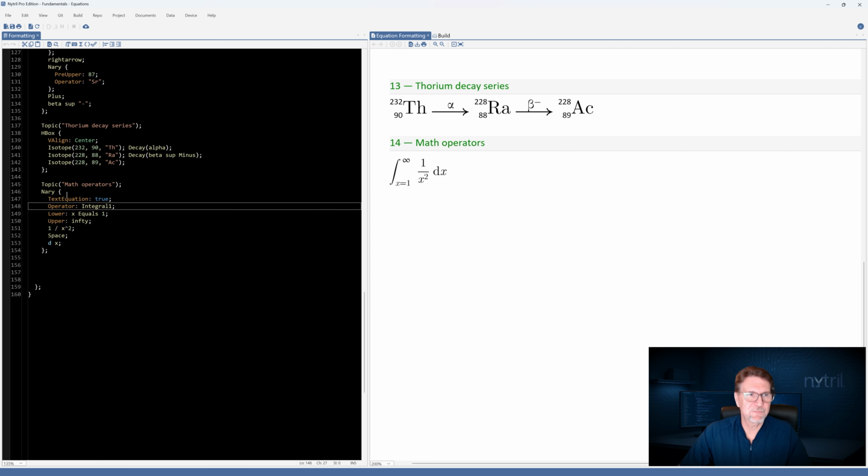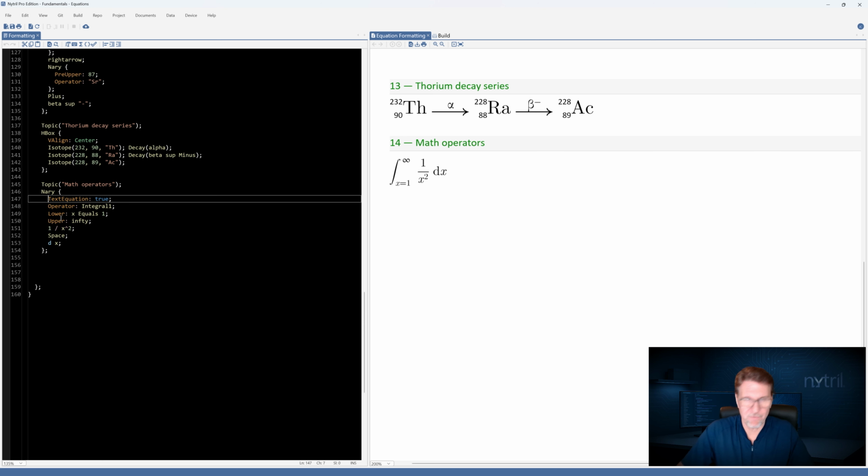The other concept to discuss is text equation property, which we have not introduced yet. So the text equation property tells Nitrile to set everything up inside of this as an equation to start with. So it formats it all properly as an equation. And it also sets everything up in this particular revision to use the font that is set up for equations in Nitrile.